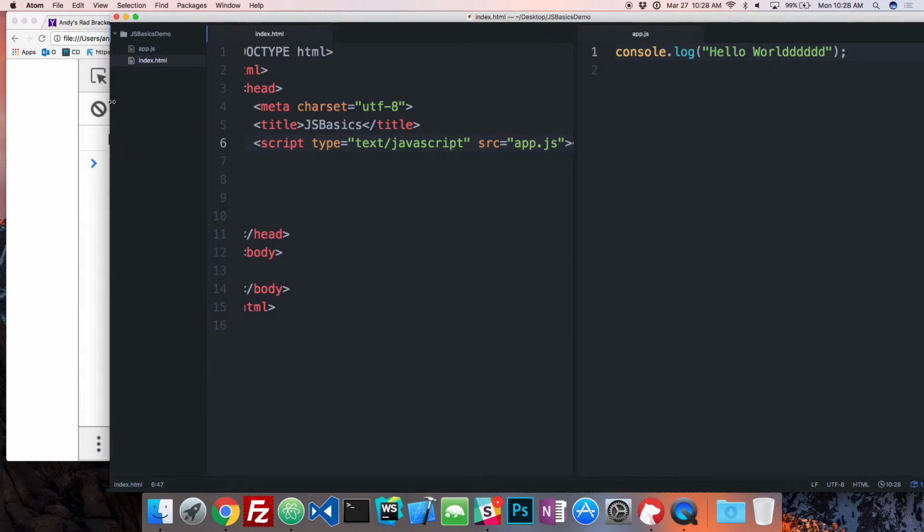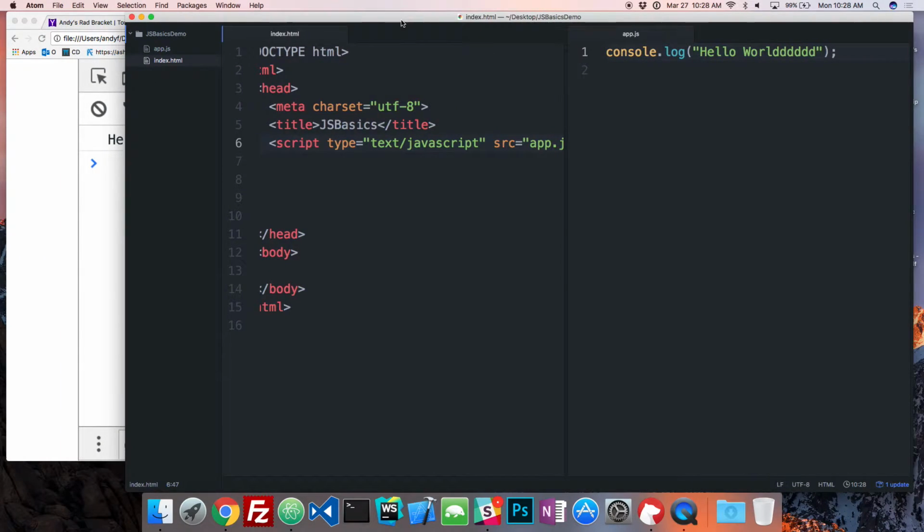Any questions on how to actually use JavaScript in your HTML? Right? Pretty straightforward. Very much like CSS. There's slight differences in the syntax, but you can do it either in your HTML file or in an external file. And as you guys submit your assignments, you can just zip up this folder here and submit that folder, right?